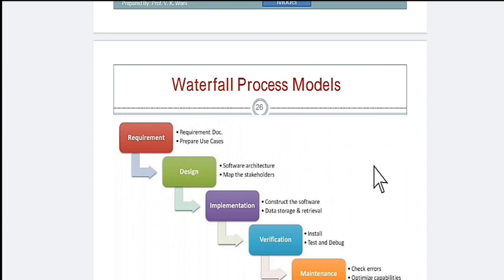Along with some advantages, the waterfall model also has some disadvantages, because this type of process requires a very large amount of time for designing, because in this case all the blocks depend on the previous stage. Okay, the next stages depend on the previous stage, so that's why the next stage will have to wait until the previous process is completed.